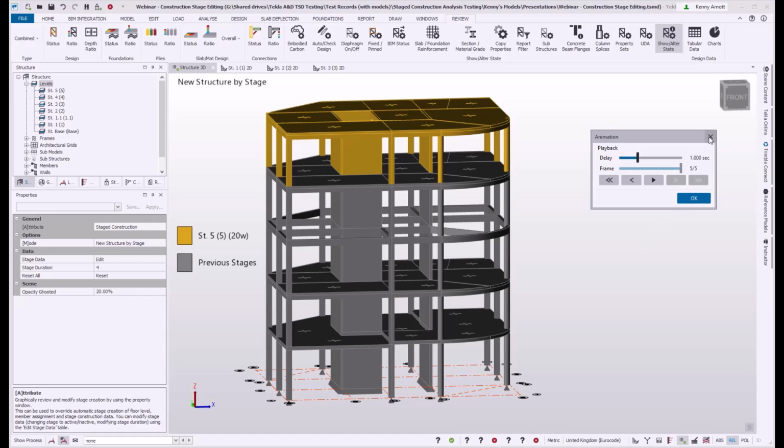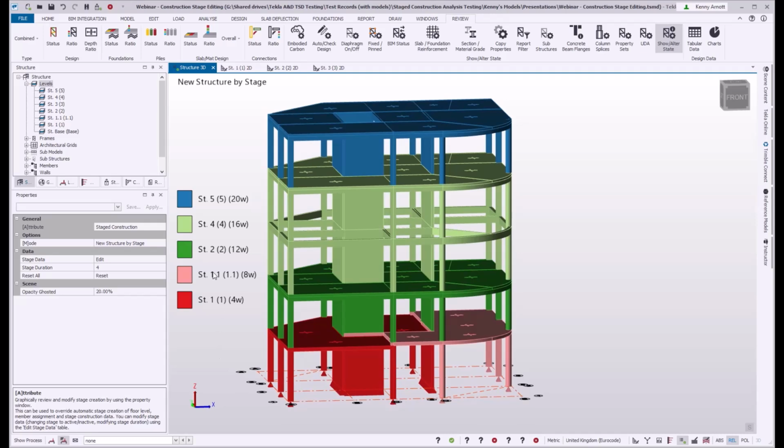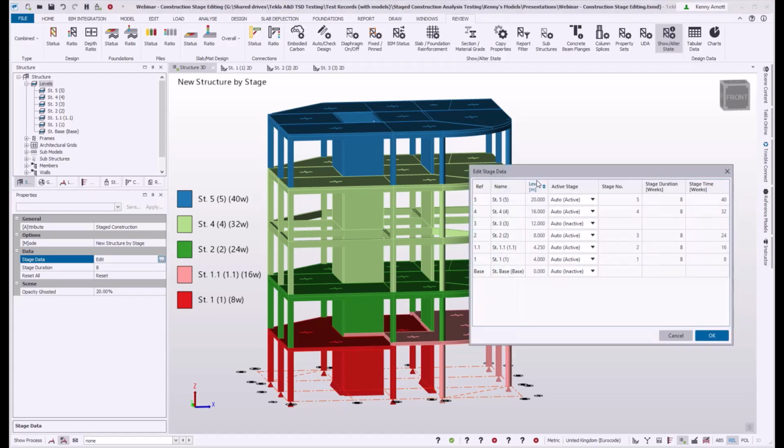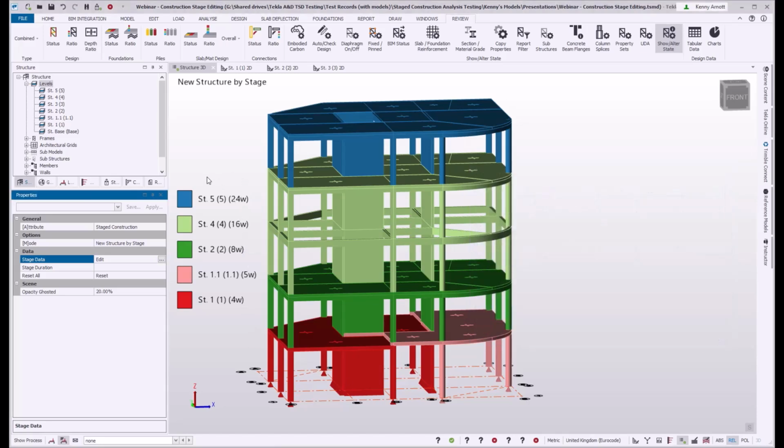So let's say that I want to start editing some of this information, and we'll start by looking at the stage durations. First of all, I can change them to anything that I want, all of them at once. But if I wanted to go into more detail than that, then I could change each of them one at a time by going into this table, where I can set that the second stage might be, well, I'll go 4 weeks, 1 week, 3 weeks, whatever. And you can see the stages building up that way. So I'm just going to reset all of those right now. The reset button sets it all back.